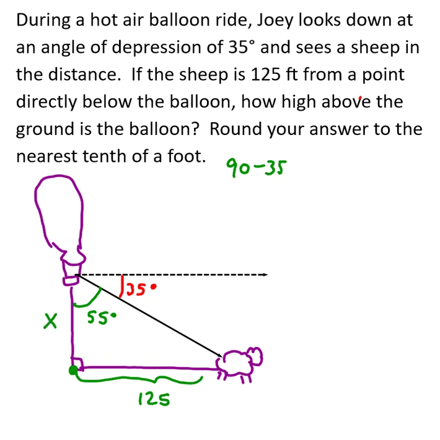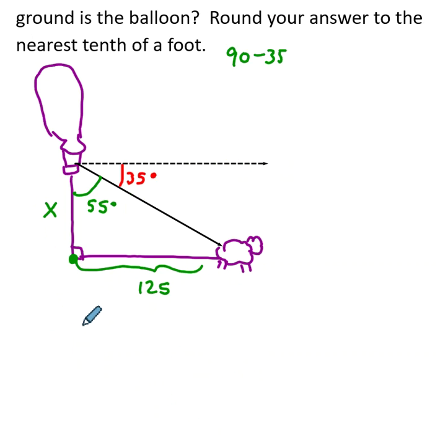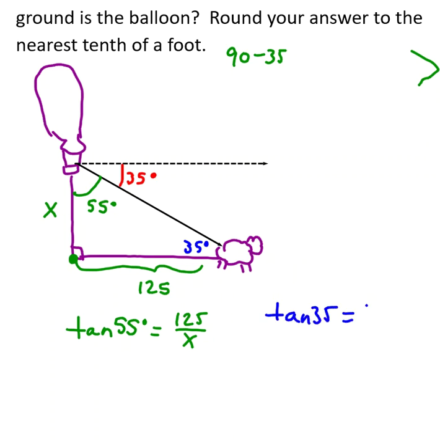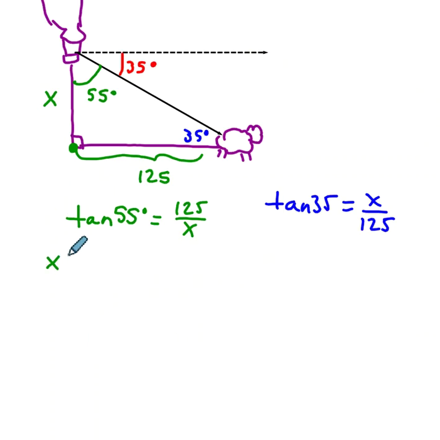Okay, so here I'm going to use tangent. Tangent of 55 degrees is equal to 125 over x. Again, alternatively, if I used this alternate interior angle, I'd have 35 there. Say tangent of 35 is x over 125. Both of these two equations will give me the same answer. It just depends on what setup you are more comfortable with. So then I can multiply by x, or cross multiply,